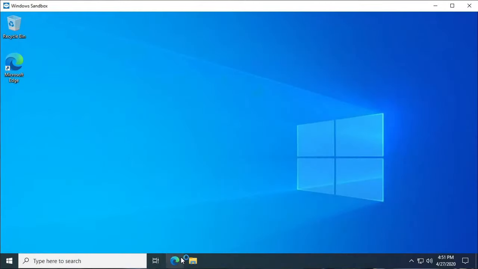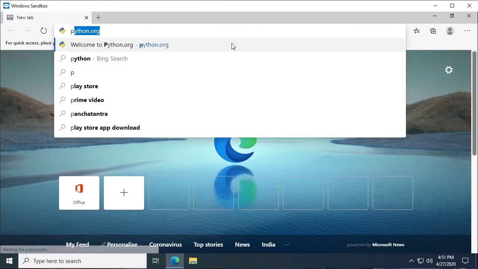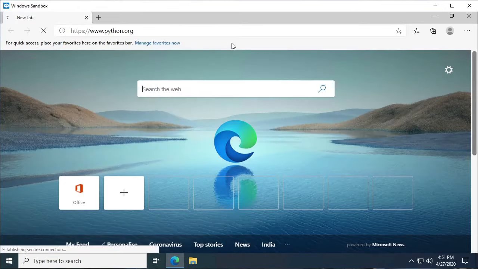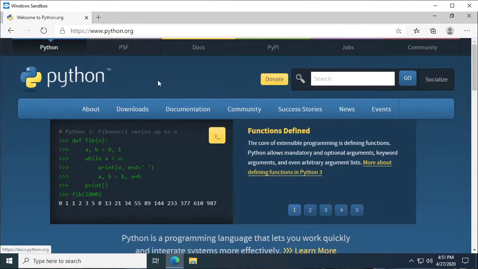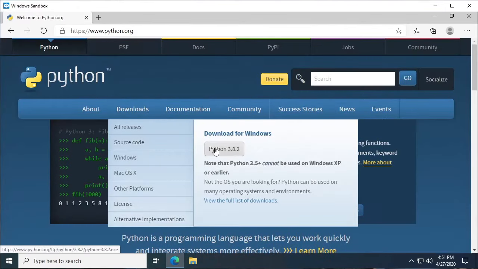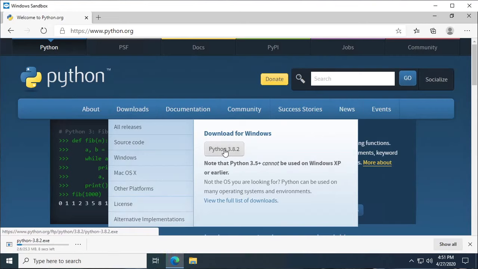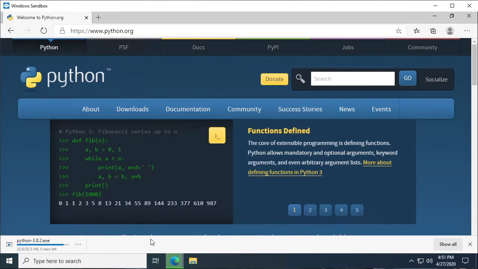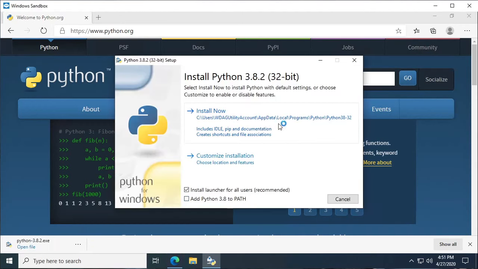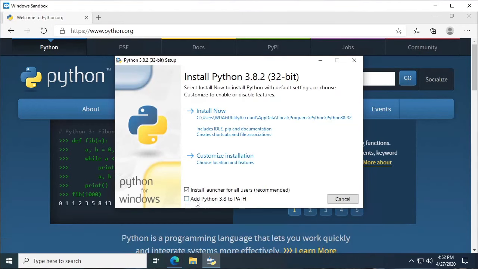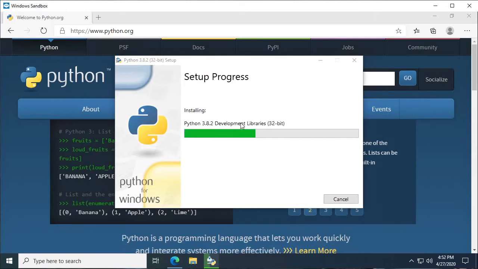The very first step towards learning Python is to go to python.org, head towards the download section, and click on download to have the latest version of Python for Windows. While installing, make sure to select the Add Python to Path option. This will make Python available as a command.